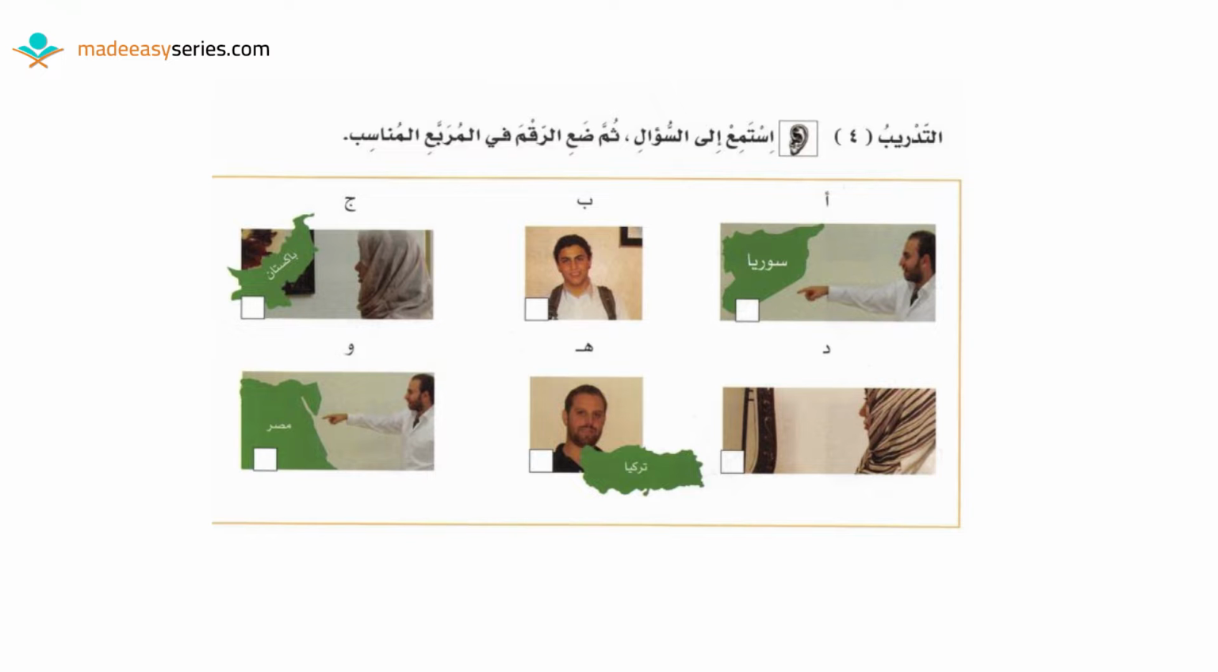التدريب الرابع. استمع إلى السؤال ثم ضع الرقم في المربع المناسب. 1. هل هذا طالب؟ 2. هل أنت مصري؟ 3. هل هذا تركي؟ 4. هل هذه طبيبة؟ 5. من أين أنت؟